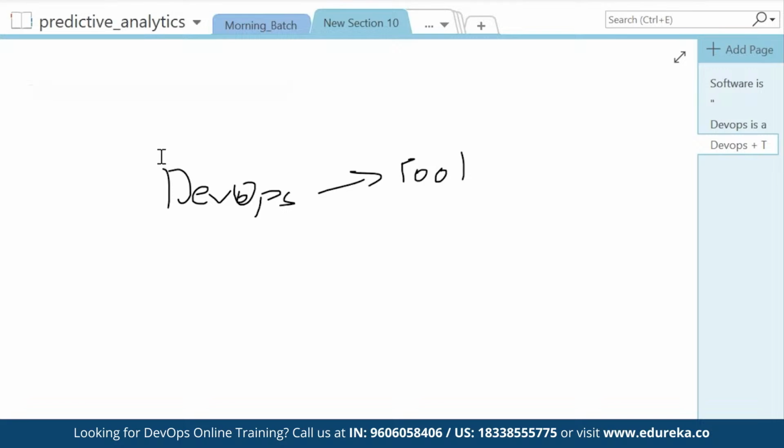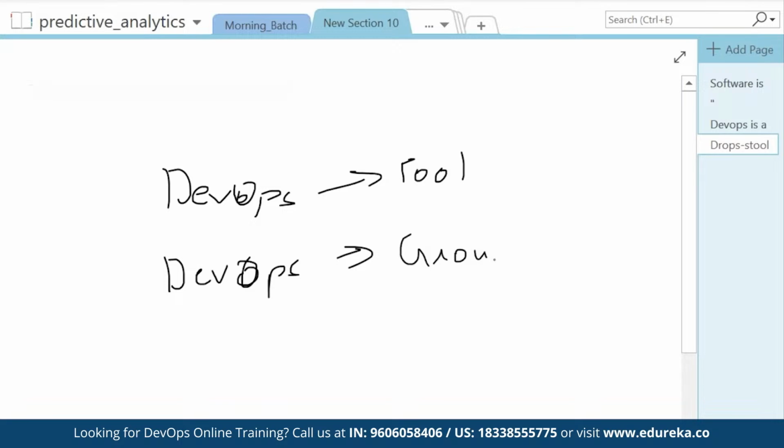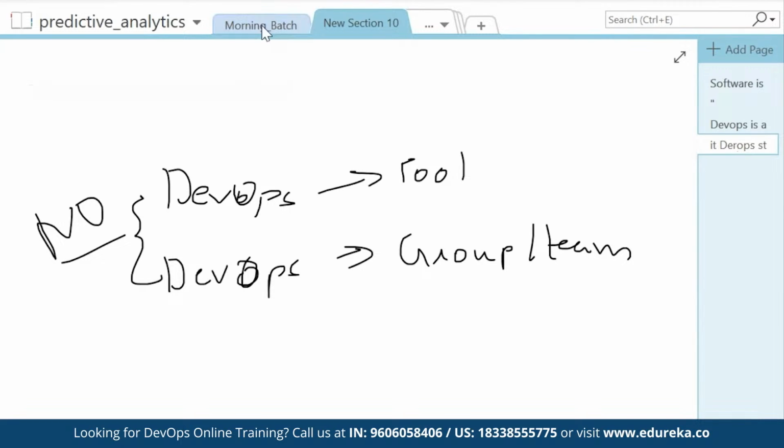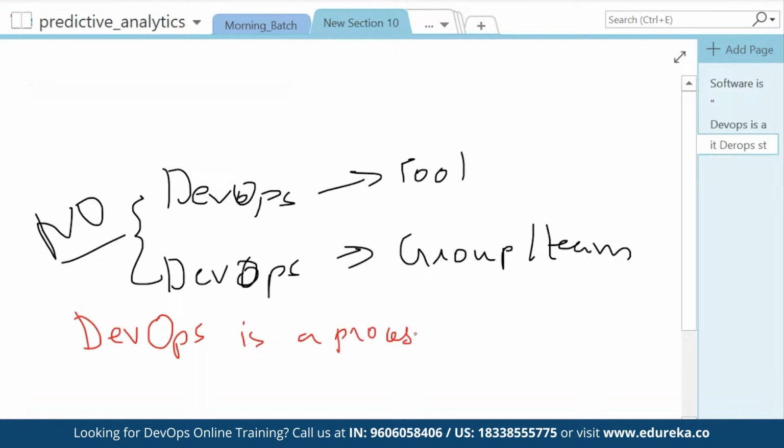Also, a lot of people are confused. Nowadays, there are DevOps groups being formed. But when anyone says DevOps, does that mean there is a group or team in your company which is DevOps? The answer is no. DevOps is a process, or we can say a methodology,